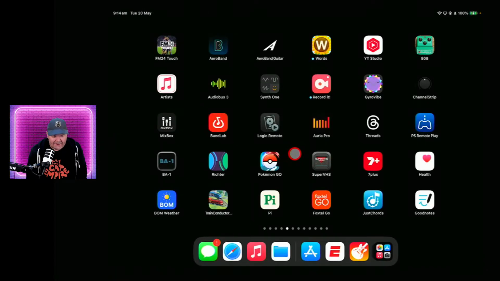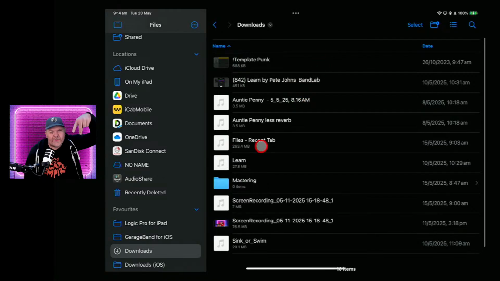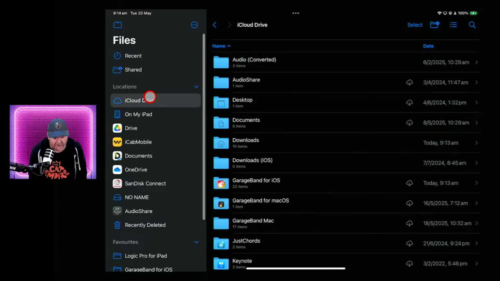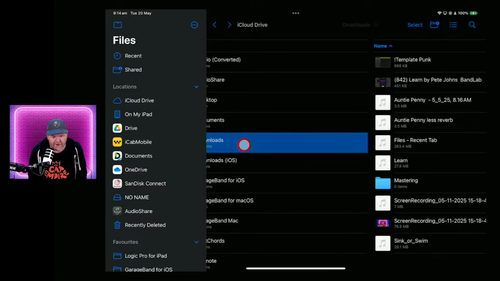Which is, again, probably something to talk about right now. So there's two. Oh, we've crashed it. It does crash sometimes. So there's 2 different states that you'll see on your files here. One is the little cloud with the arrow. That means it's a file that's not currently on your device, but it is stored on, say, iCloud Drive. Let's find some of these for you so you can see exactly what we're looking at here. So anything that has that little cloud means that all this stuff is not actually stored on my device.